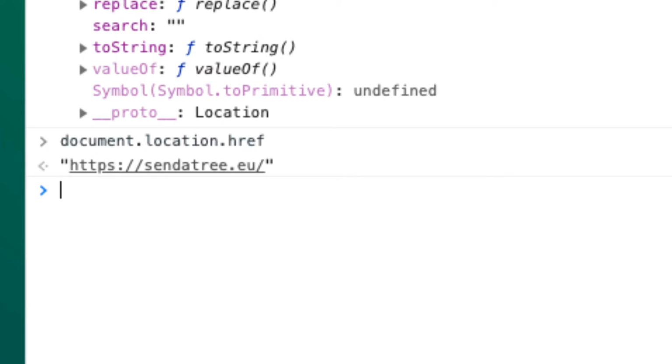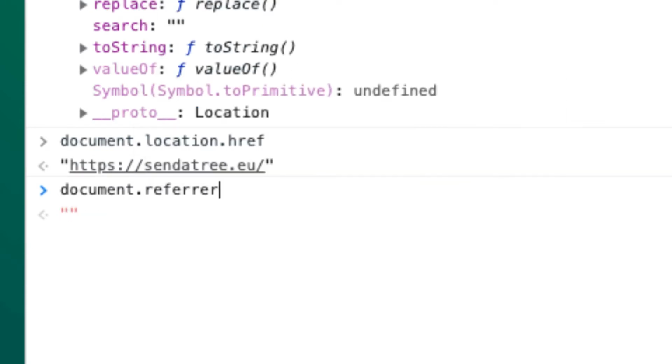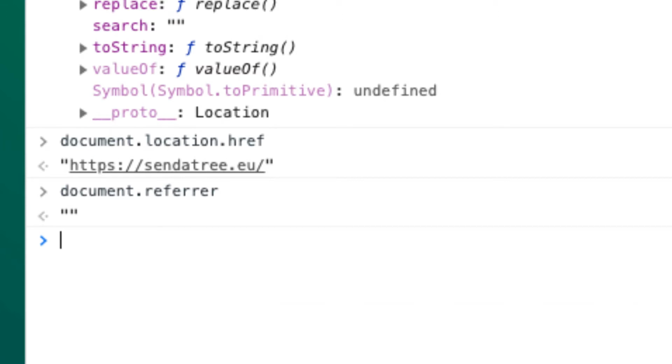Let's try out another one, document.referrer. And this is another often used parameter that can be collected. It shows the website the user clicked through from. It will be empty for us, for now at least, because we directly typed in the sendatree.eu URL to our browser. But if you go to Google,